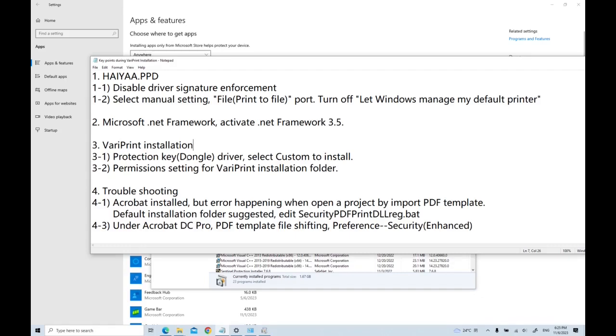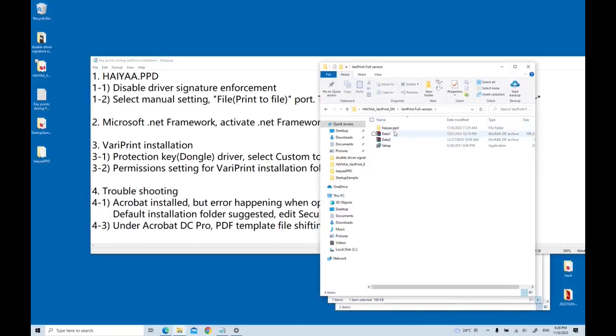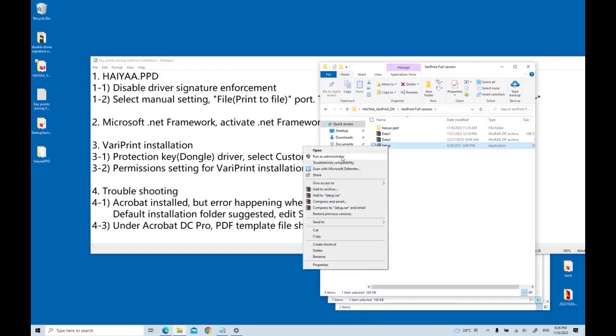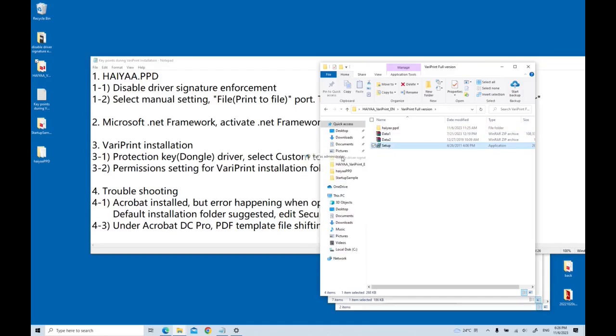One is about the dongle driver installation. Another is after installation, we need to give permission. Go to full permission. Click setup using administrator to open it. Next,